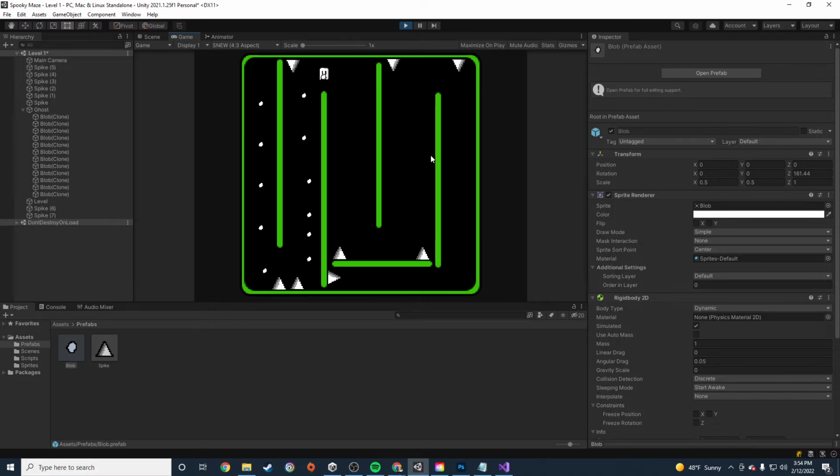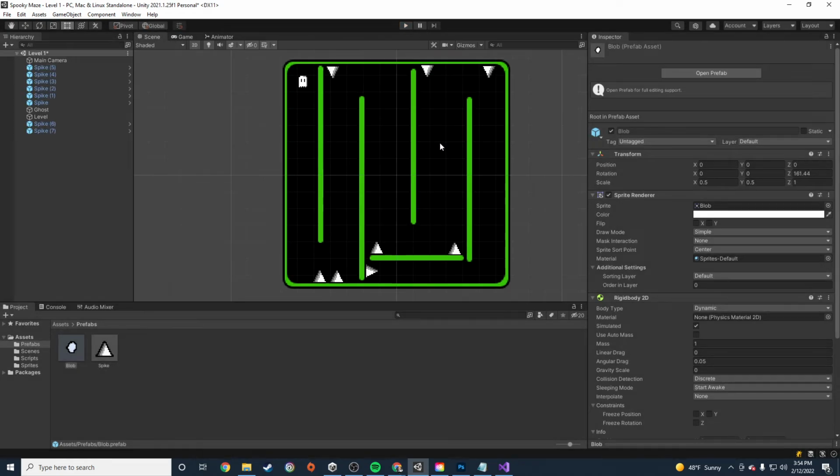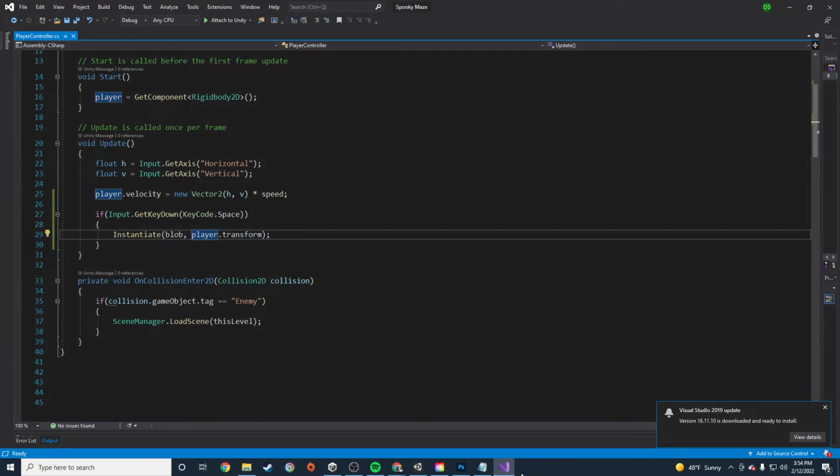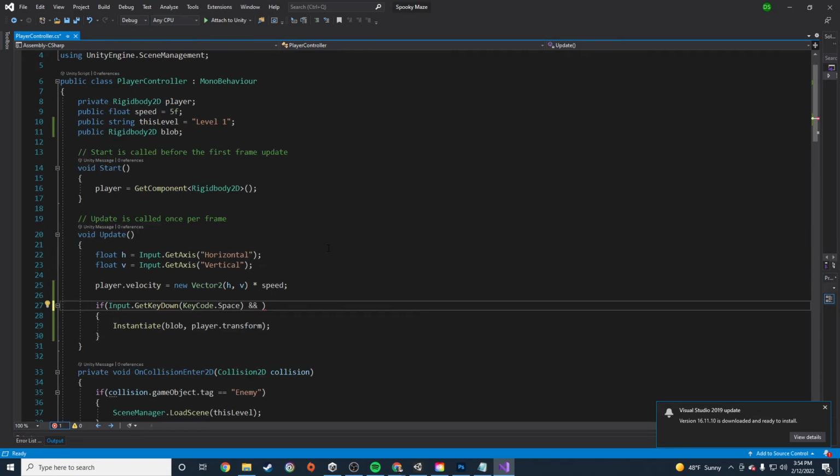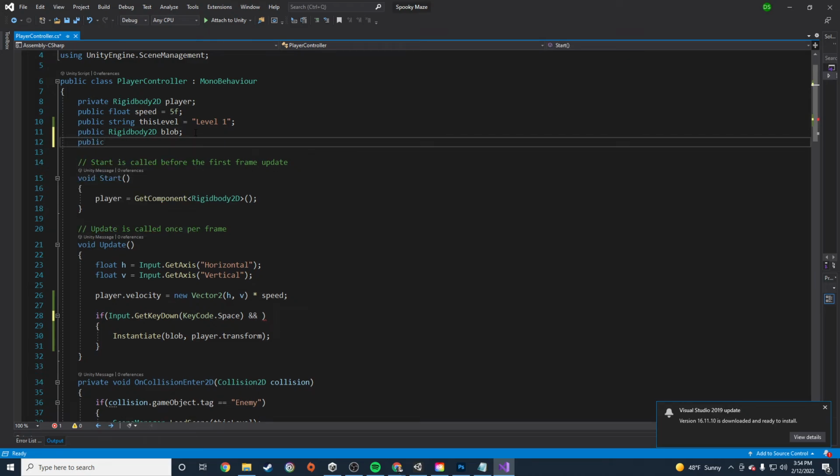Right on. And I have a feeling that we are going to refine this just a little bit. We're going to limit it so that we can't put too many on there. As a matter of fact, let's go ahead and just write the start of that code real quick. Let's say if Input.GetKeyDown(KeyCode.Space), and so we're going to use two ampersands, and we need a new variable for this. We might as well make it a public variable. Public int